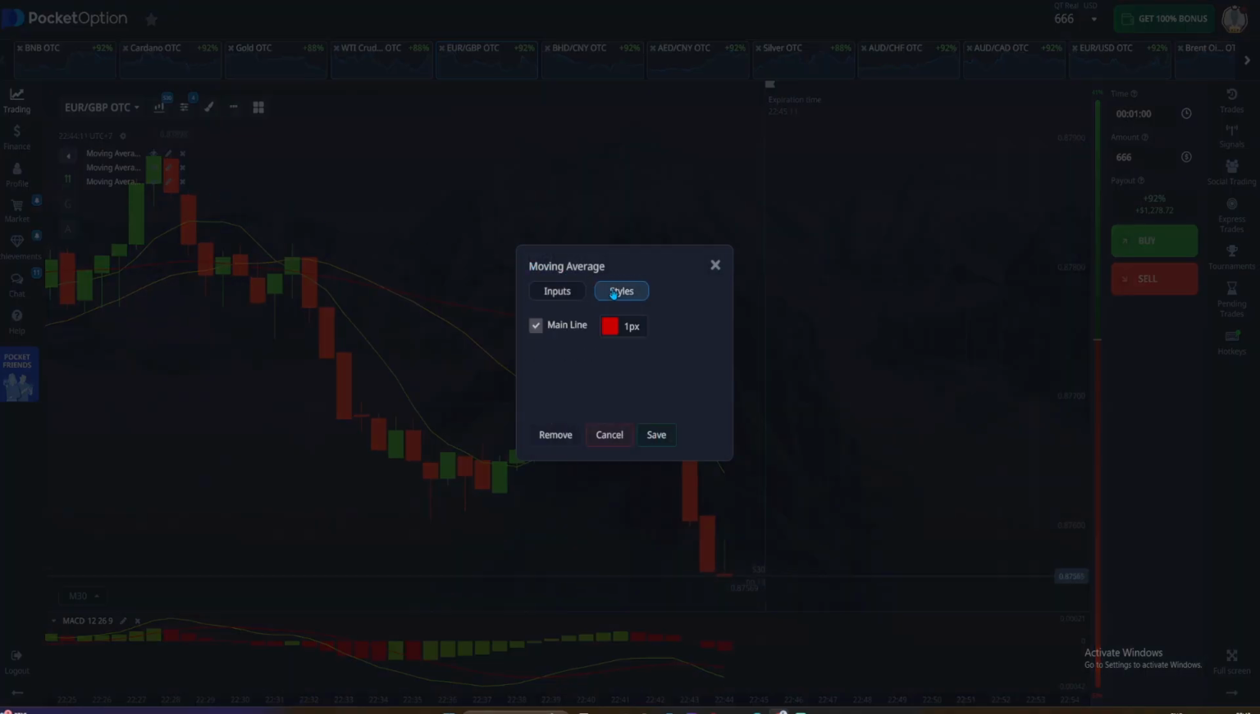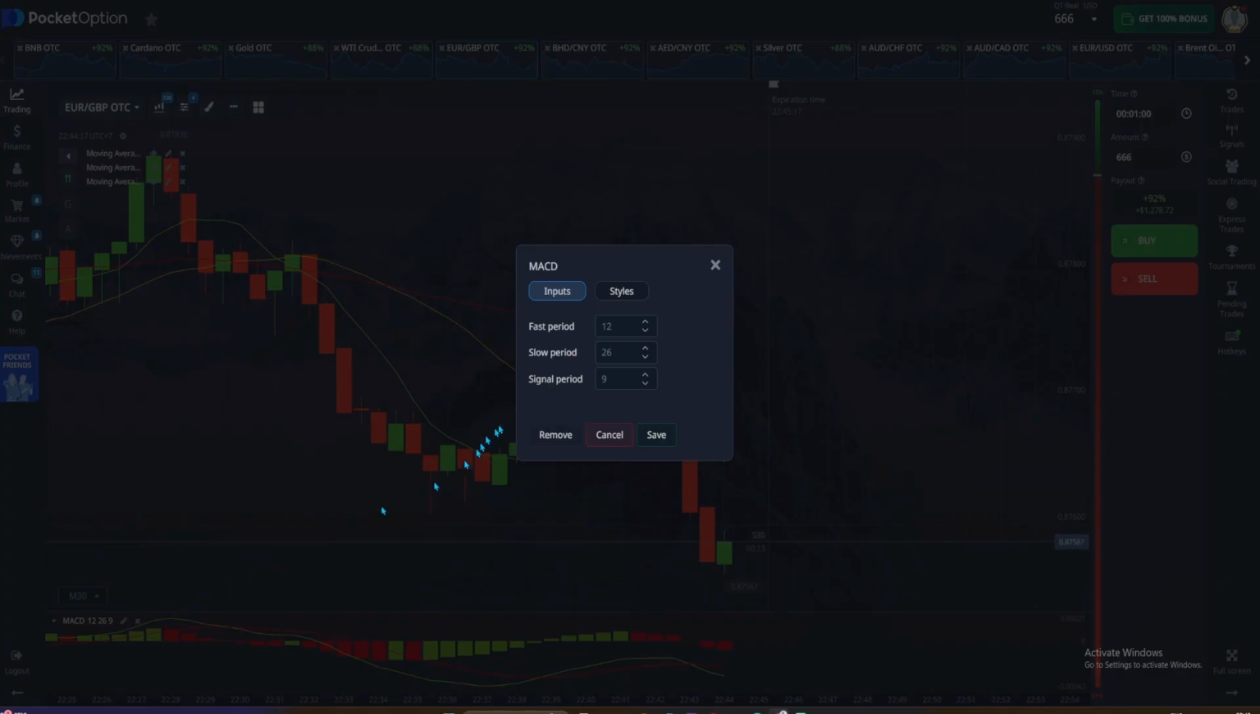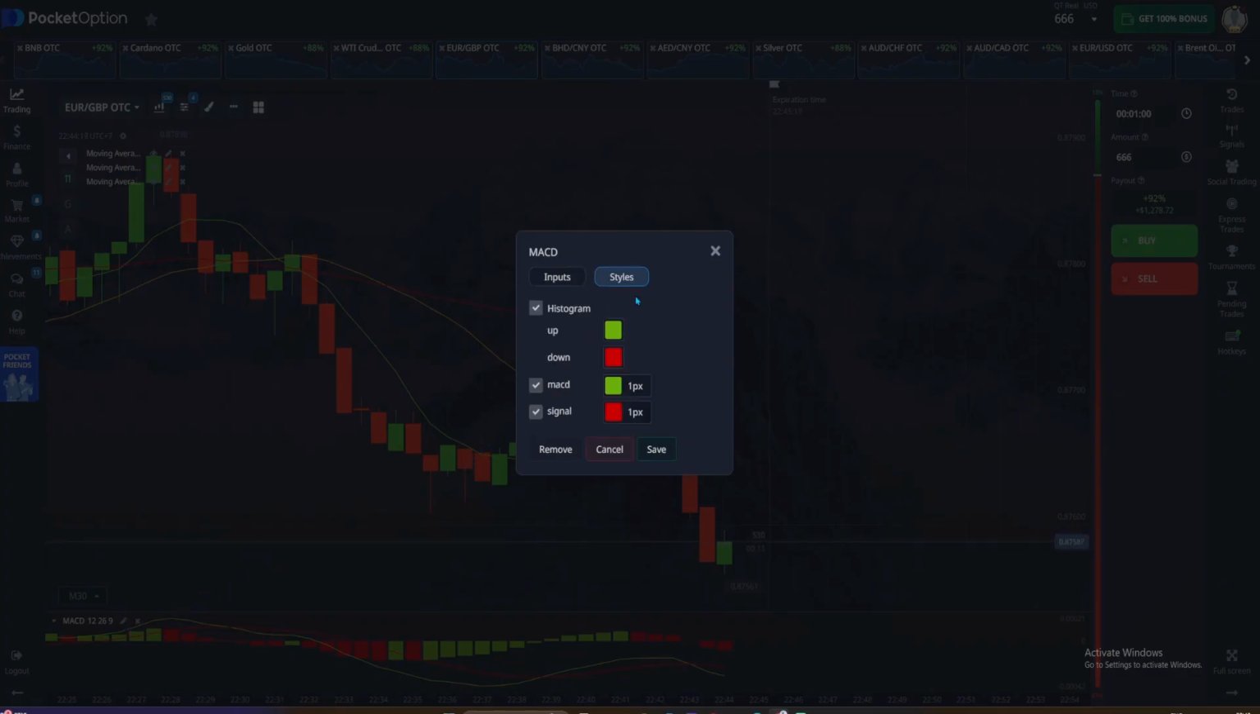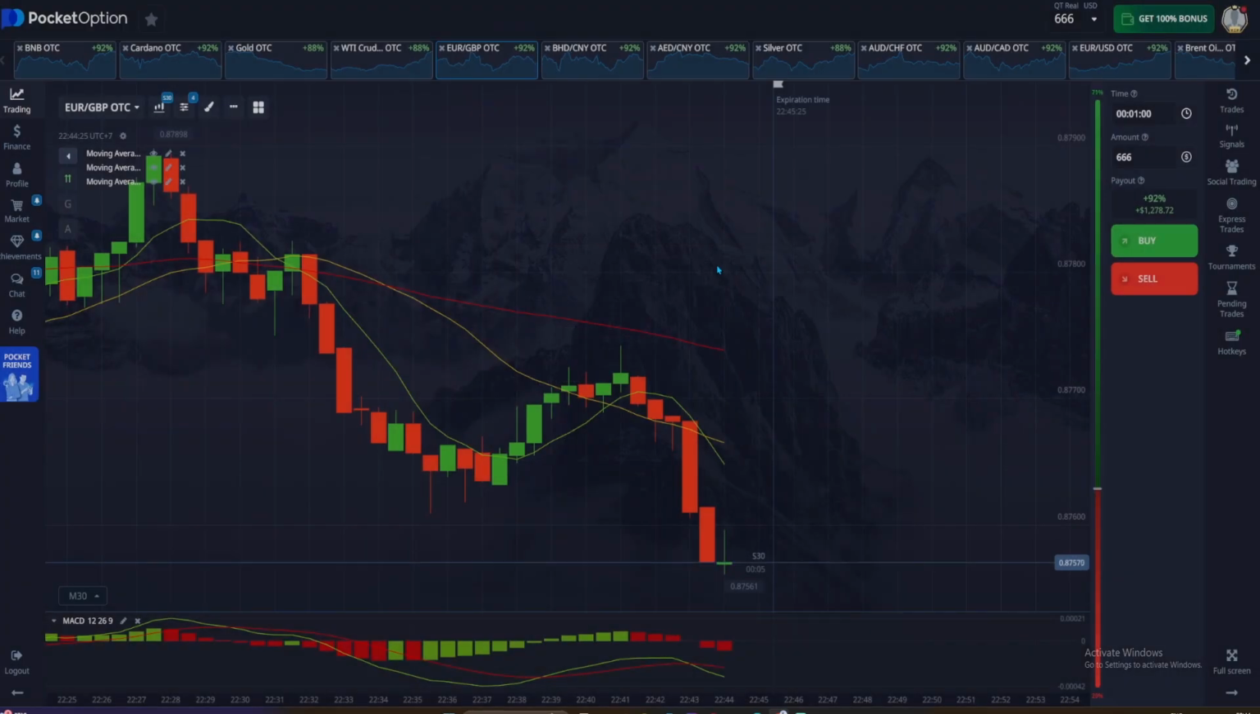60-period moving average in red. This represents the long-term trend and also acts as a dynamic support and resistance zone. MACD with default settings. This functions as your momentum tool and confirmation of the overall trend. By combining these four indicators, you gain a complete view of the market: short-term trend, medium-term flow, long-term structure, and momentum confirmation. When all of these align, it gives you much higher accuracy in your trades and more confidence in